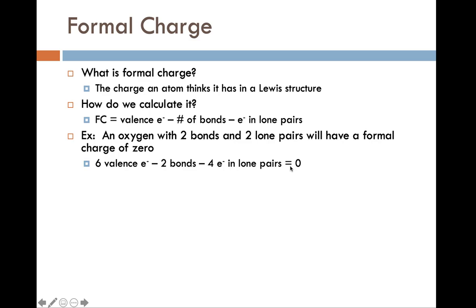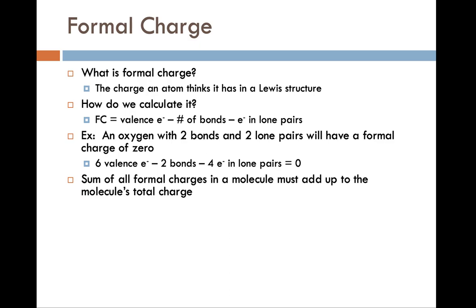And the goal of formal charge is to have as many atoms with 0 formal charge as possible. That should be the most stable structure that we can try and put together for any Lewis dot structure. So that's the goal. We want to see 0 for a formal charge as often as possible. And because of that, you'll see a lot of patterns that come out of this. So this description of 2 bonds and 2 lone pairs for oxygen being a 0 formal charge means that in most structures that we see, oxygen is probably going to have 2 bonds and 2 lone pairs, because that's what gives it a 0 formal charge. There will be some exceptions to that, but for the most part, this is what we'll see for oxygen most of the time, unless it is an ion of some kind where the oxygen has a formal charge on